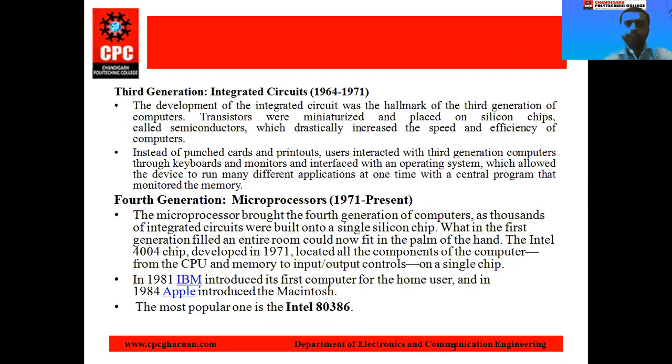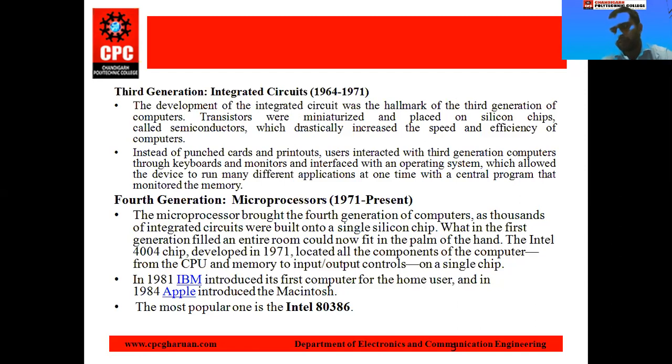Third generation. In the third generation, integrated circuits are formed. Integrated circuits are just like transistors, with a number of transistors formed in a single chip. So we can say that the size of the computer is more reduced, and the speed of the microprocessor is increased in the third generation as compared to the second generation. This is the main part of the third generation: transistors are replaced by integrated circuits. So the particular operations are performed by peripheral devices.